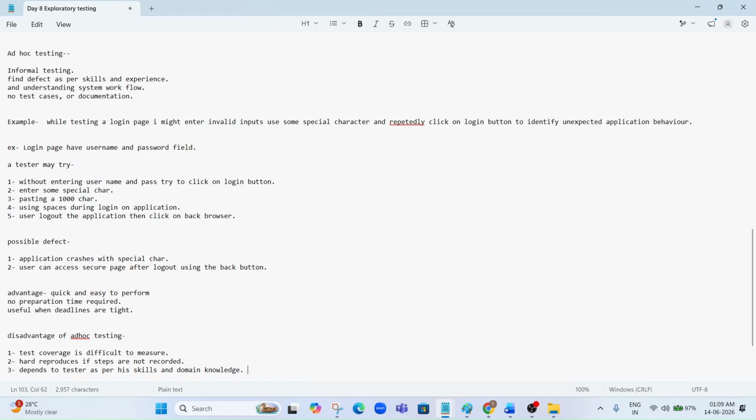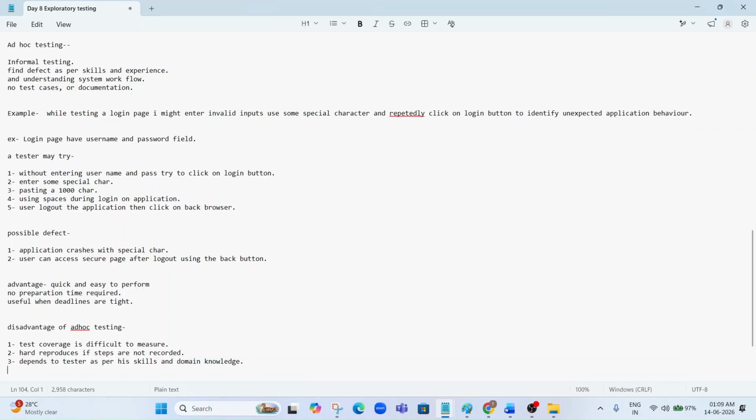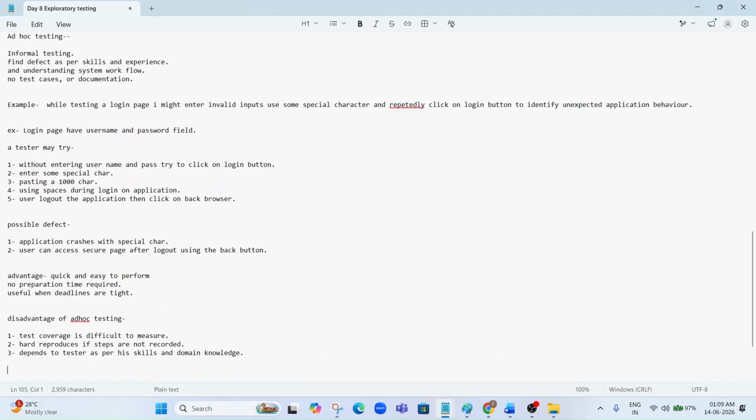So if the tester has good domain knowledge, they can definitely find possible scenarios and test cases, and they can try to break the system because they already have some skills of the domain and testing skills to break the system. That entire process is known as ad hoc testing. There is also monkey